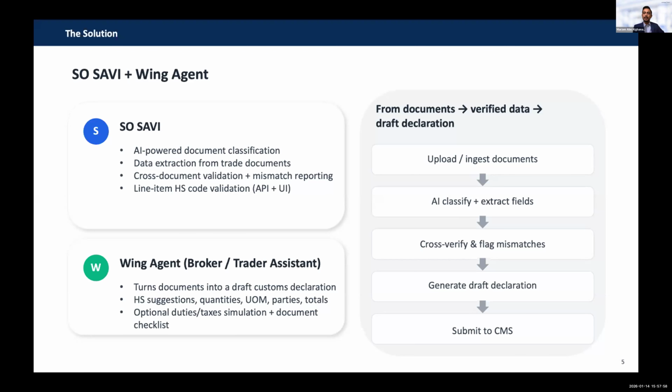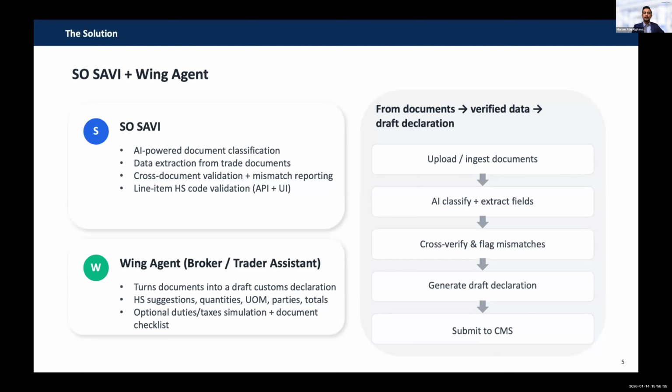And also it will cross-verify and flag the mismatch between the various documents, for example, the weight in the bill of lading versus the weight in the invoice, or the value, etc. So it will be based on predefined data fields that our AI agent will cross-match the information and the data in those documents. And we expose this to the trader in order to generate a draft declaration that is fully compliant with the regulations and the requirements in order to be submitted to the customs administration, including AI suggestion